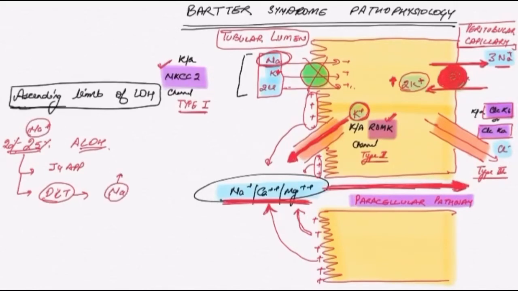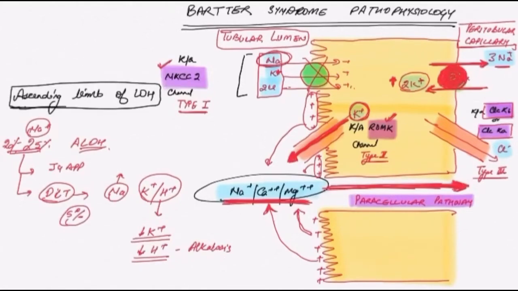in exchange with potassium and hydrogen ions that are excreted to reabsorb sodium, and this leads to hypokalemia, and decreased H+ ion leads to alkalosis. Okay, so there will be hypokalemia, there will be alkalosis, and because this can only absorb around 5% of the sodium by this method also, not all the sodium can be absorbed. So this will obviously lead to volume contraction, because the sodium is getting lost. So there will be volume contraction.